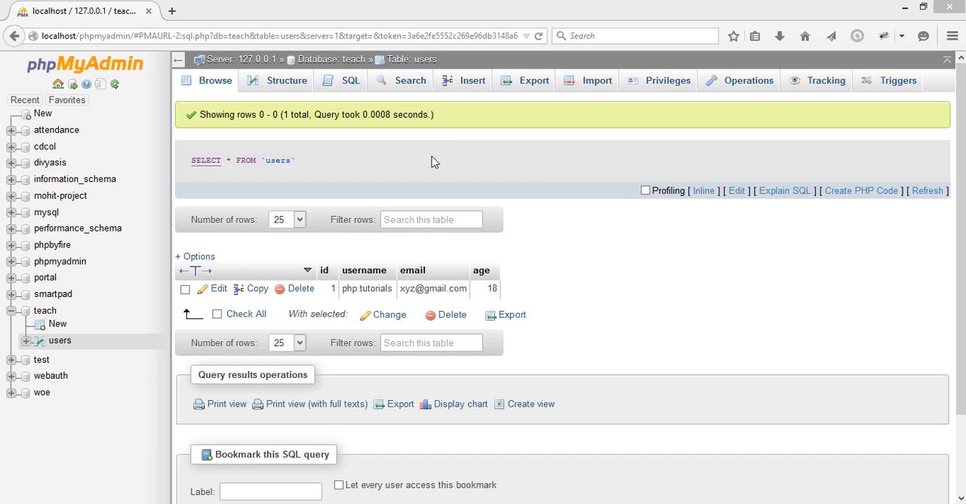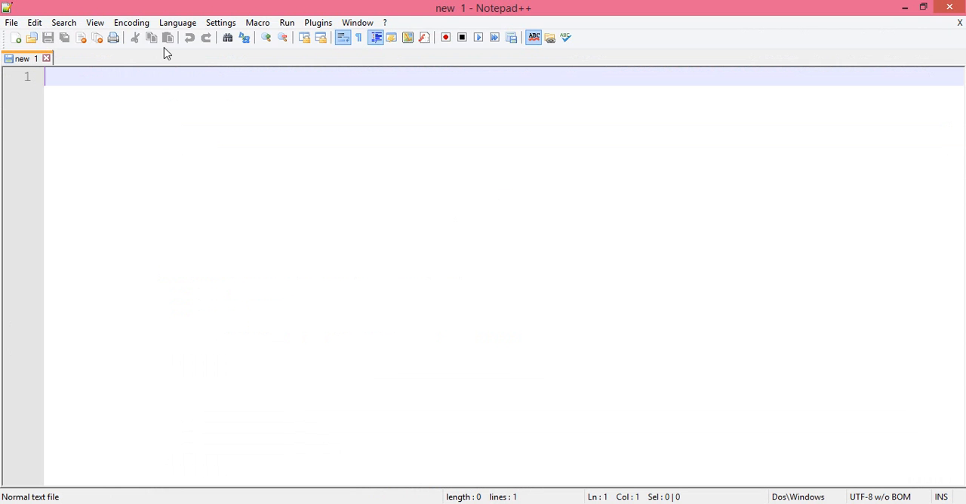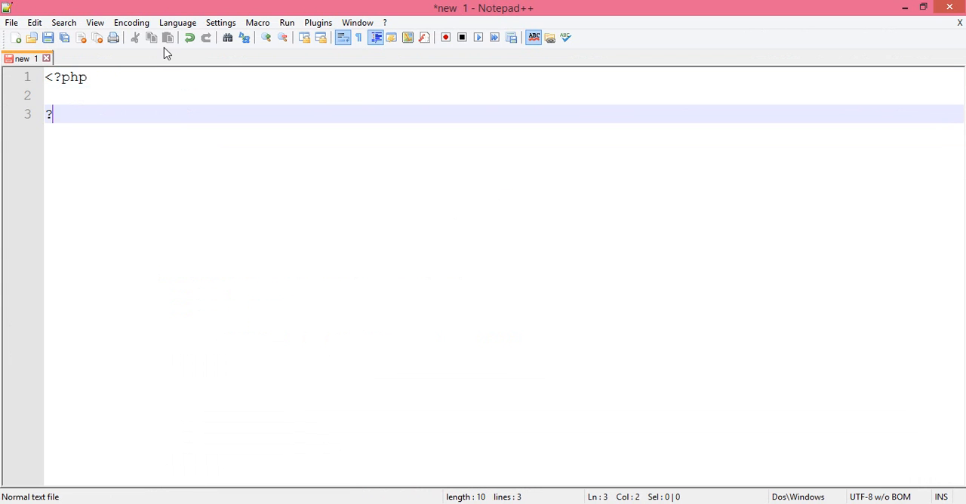In the previous tutorial, we have seen how we can connect our PHP application with the database. As we have created our database with the name teach, now it's time that we can fetch our table in the PHP application. Now, we create a new file for fetching our data, and the arrangement is like this: